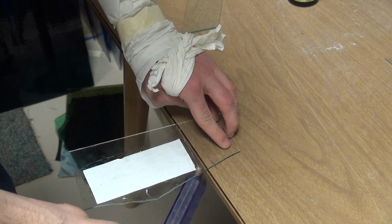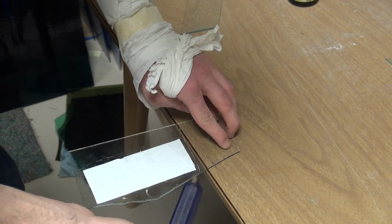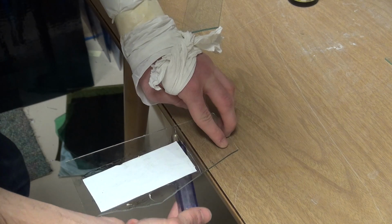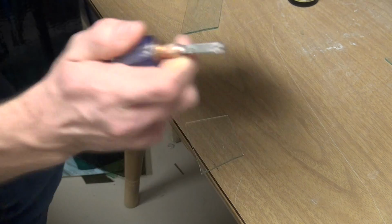So we're just going to tap it. Easy little taps. Nice little taps. Not too loud, not too hard either. Just easy little...